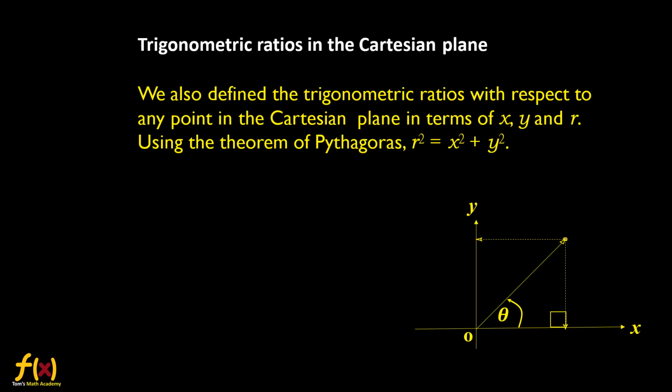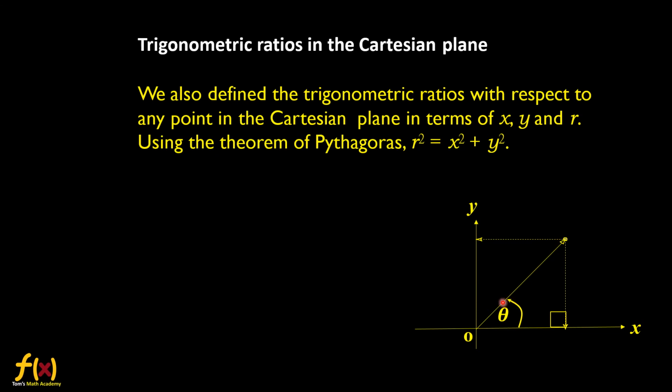Now when we look at this Cartesian plane and the angle, look at the angle theta here. We have opposite side, we have adjacent side, we have hypotenuse here. What is the opposite side here in Cartesian plane? That is y coordinate of the point. Okay, this is the point here. And adjacent side is the x value. So we make use of the x value and y value here. So what is the hypotenuse? Hypotenuse is r. Okay, so x, y and r.